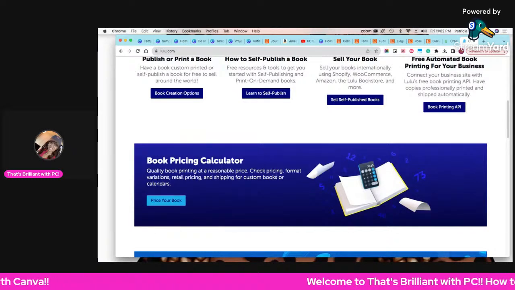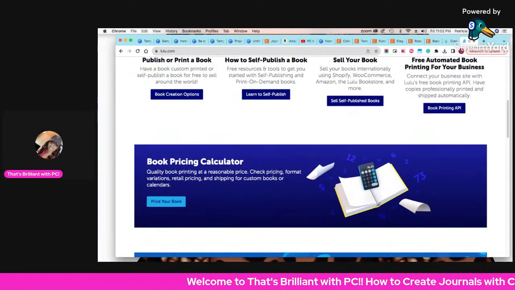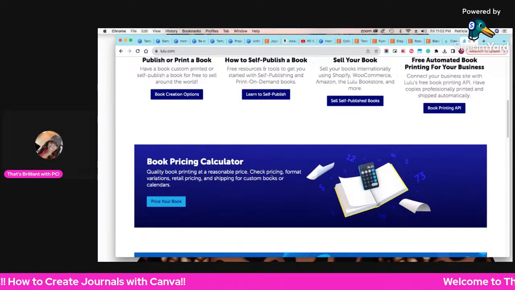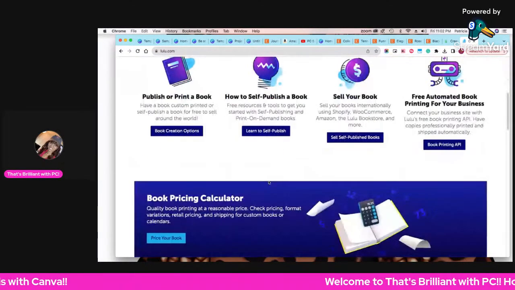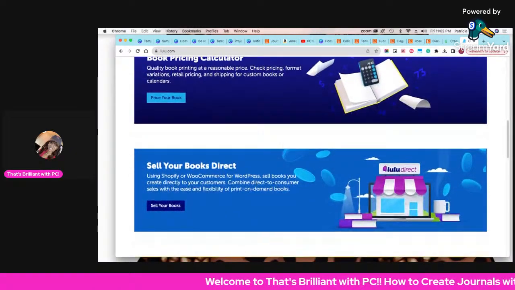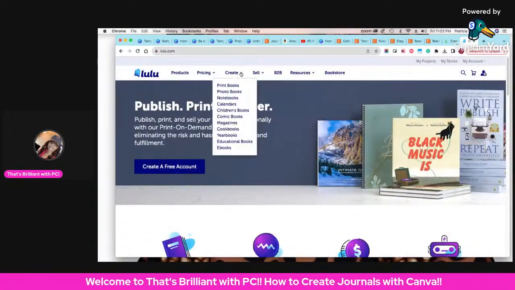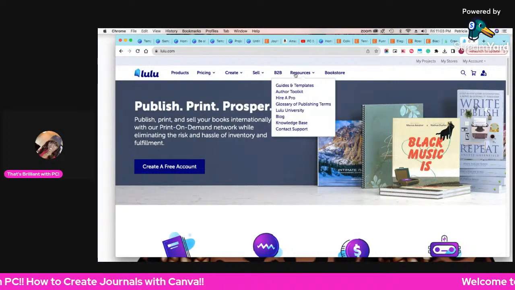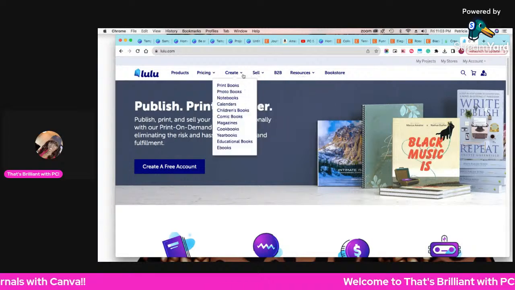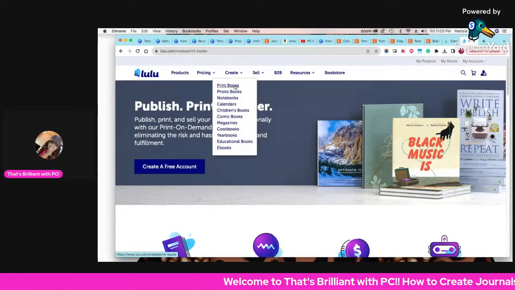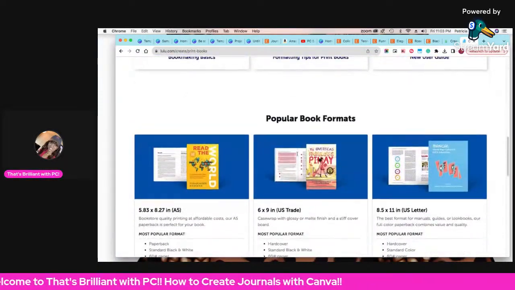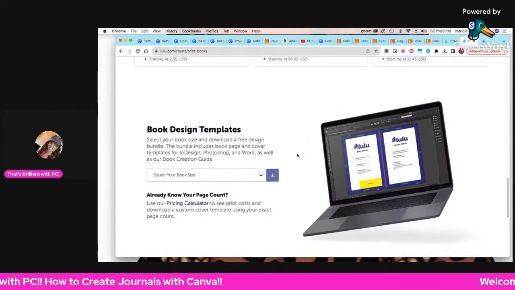So someone had made these journals that she added to her Etsy shop, but she used Lulu's templates. So I'm over here at lulu.com, and let me see. Where are the templates? So you'll go to create or print books, create, and then print books. And then you're just gonna go to the